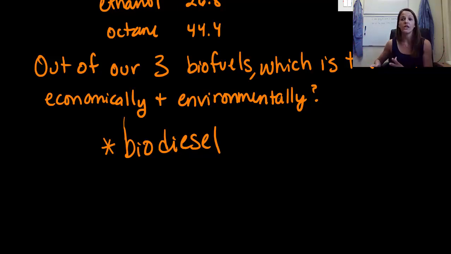Now, alternatively, when we burn fossil fuels, we release tons and tons and tons of carbon dioxide in the atmosphere. At the same time, plants that we're not touching at all are dying and releasing their own carbon dioxide in the atmosphere. So we're introducing carbon dioxide, plants that are dying are introducing carbon dioxide, and so we're putting way, way, way more carbon dioxide into the atmosphere. When you burn a biofuel, you're releasing, in theory, the exact same amount of carbon dioxide that would be released when these plants die naturally on their own.